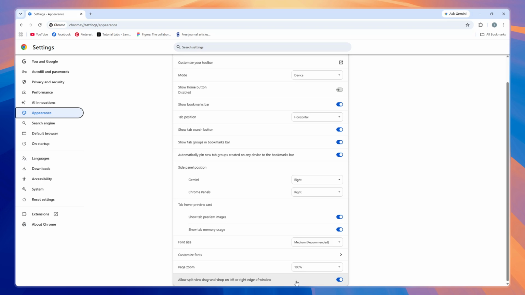Right beside this option, you'll see a toggle button. Click this toggle to turn it off. This disables the first part of the split view functionality. However, there's another setting we need to adjust to completely disable the feature. In your address bar at the top, type